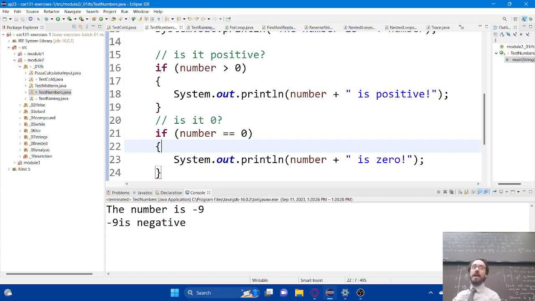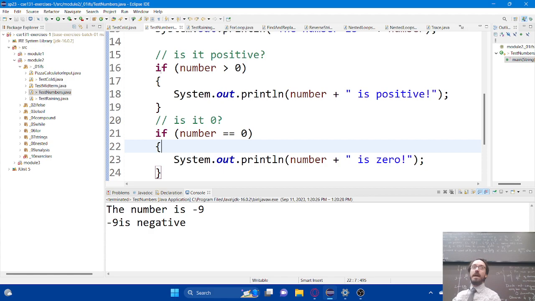Yes? Can I put multiple else if statements behind one or two? Yes, absolutely you can. 100% you can. In fact, if I scroll down a little bit here, you'll see a new situation with just else by itself. So there's actually a few different ways you can do it. The question that was asked before was, can I have multiple else if statements together? And you can. You absolutely can. I could say, this is redundant because I already asked it up here. Or no, I didn't. But yeah, you can chain together as many else ifs as you want. That's totally okay.